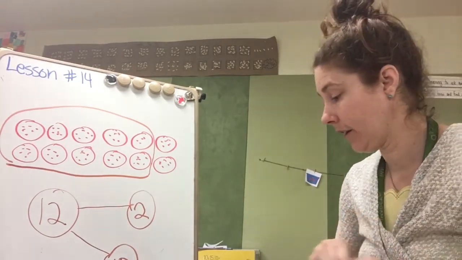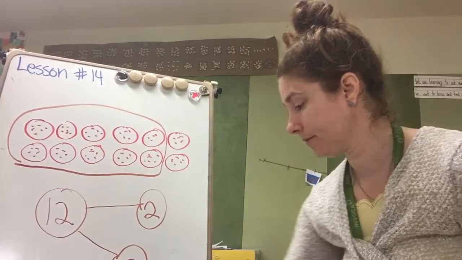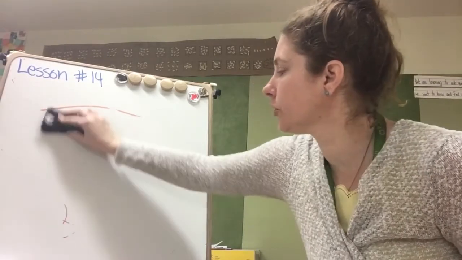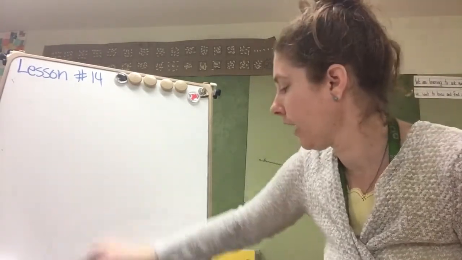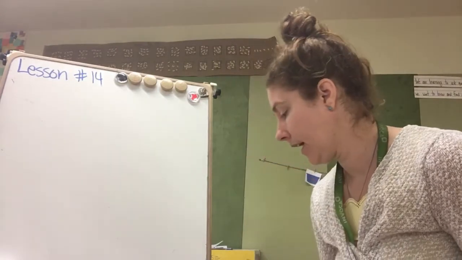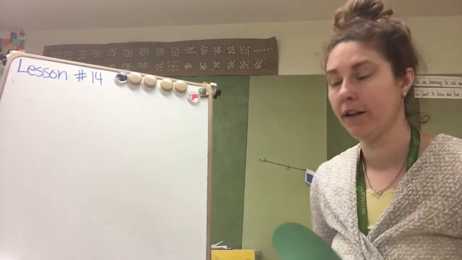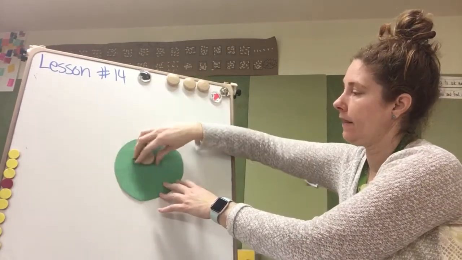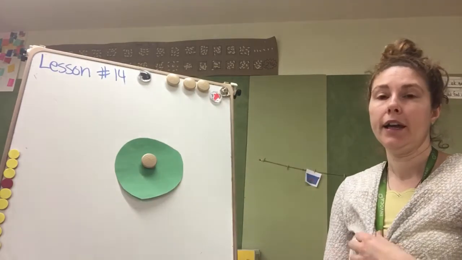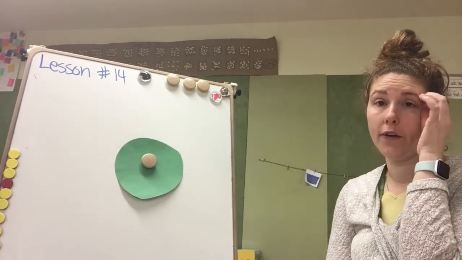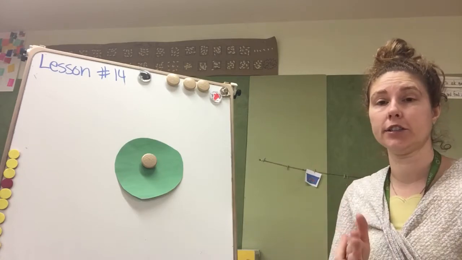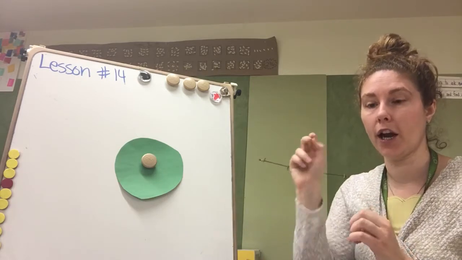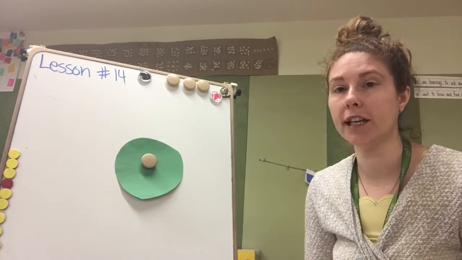Awesome. Okay, we're getting to our main point of class today. I'm going to erase Eva's cookies. And you need a circle or a plate. I normally do this activity with a plate. However, since we're not sitting on the floor, I thought I would just cut out a circle. It might be easier for you guys to see. So, I have a circle shape. Now, counting things in a circle shape is always the trickiest because there's not a very clear start and a very clear end. And we talked about how sometimes you need to make a little mark, check it off as you go. So, I'm just going to pick a teen number,